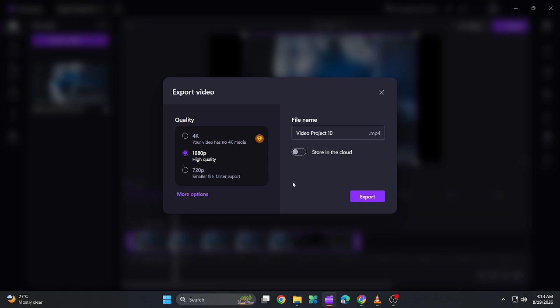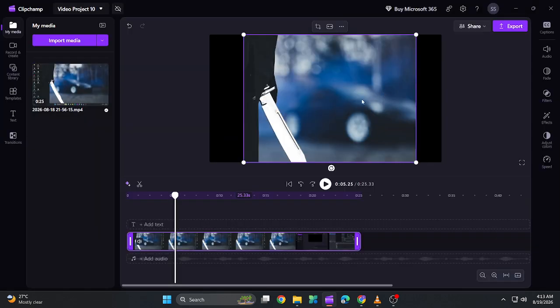And that's how to crop a video in Clipchamp in 2026. Select your video, use the crop tool, adjust the framing, preview your result, and